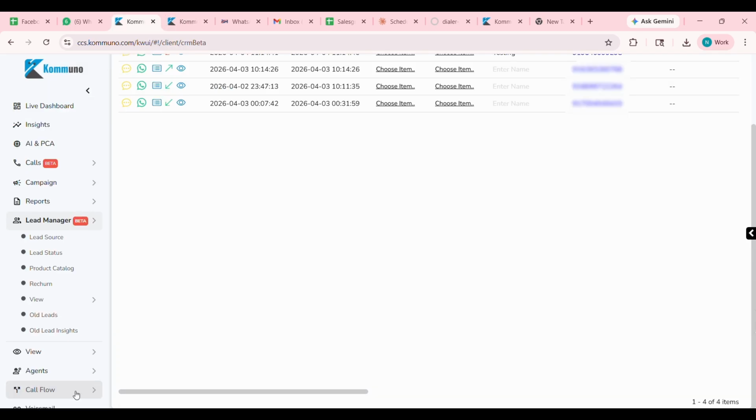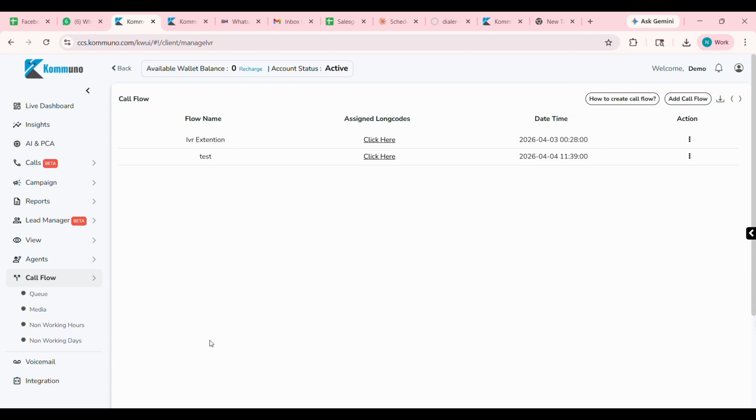Let's discuss the feature call flow. In this feature, you can create the flow of your calls, which means how you want to land your calls in case of incoming calls. If you want to play a welcome prompt like, "Welcome to the Kommuno family," in the welcome prompt, your business